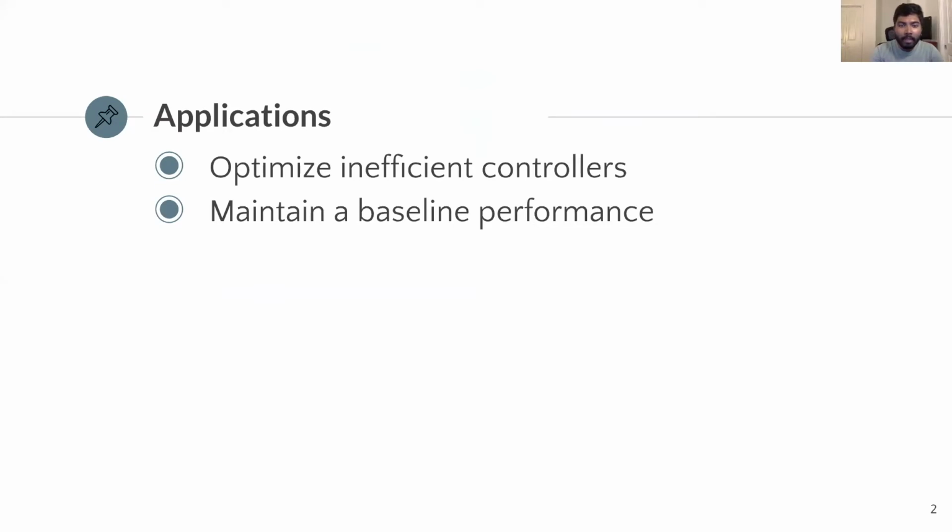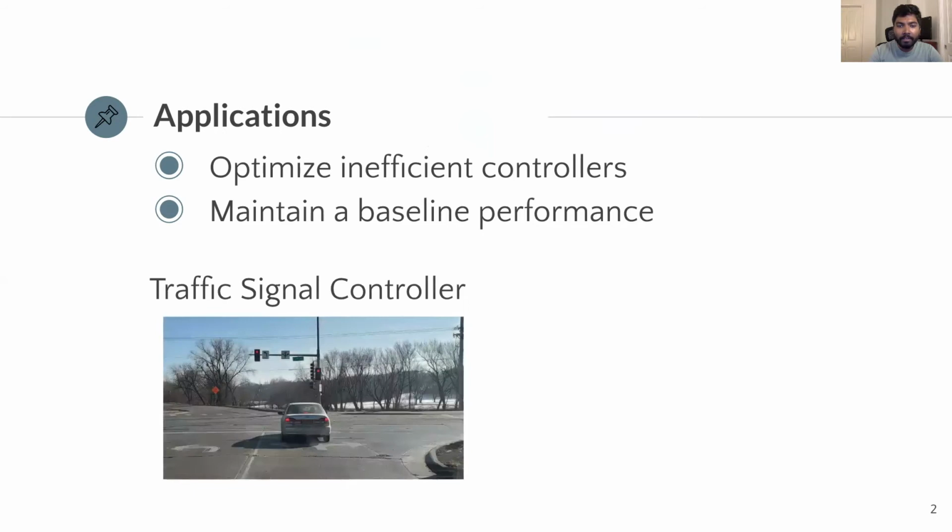In many real-world applications, there are inefficient controllers currently in use that can be optimized. At the same time, it is necessary to maintain a baseline level of performance while doing so. One example is the traffic signal domain. We all have first-hand experience with inefficient signal actuation. While such controllers can and should be optimized, performance degradation, even if temporal, is not acceptable, as this can jam